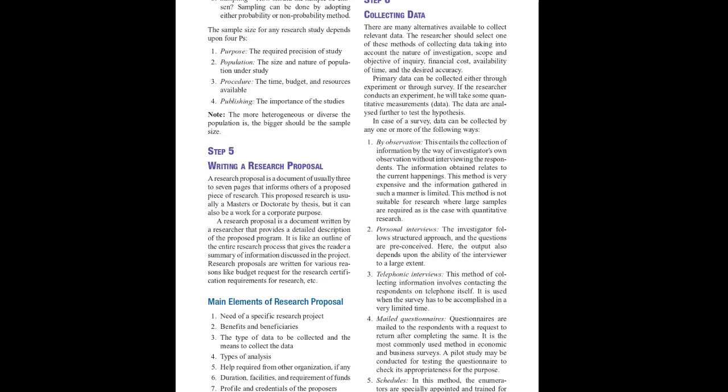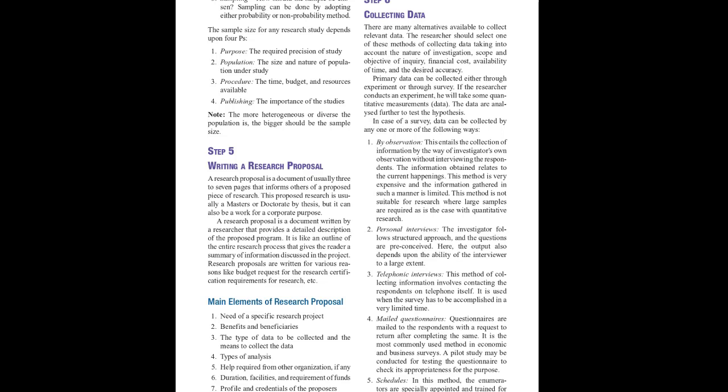Step 6. Collecting data. There are many alternatives available to collect relevant data. The researcher should select one of these methods of collecting data, taking into account the data are analyzed further to test the hypothesis. In case of a survey, data can be collected by any one or more of the following ways. 1. By observation. This entails the collection of information by the way of investigators' own observation without interviewing the